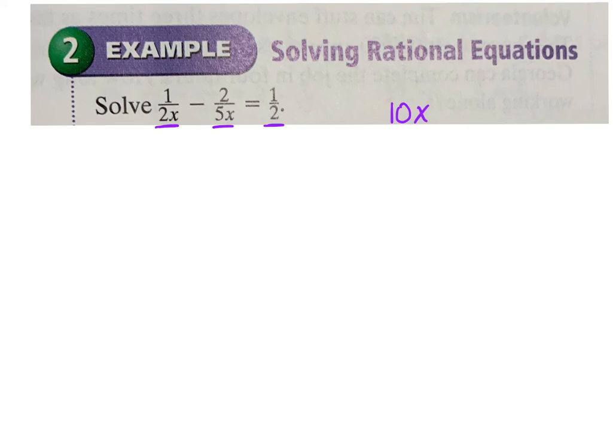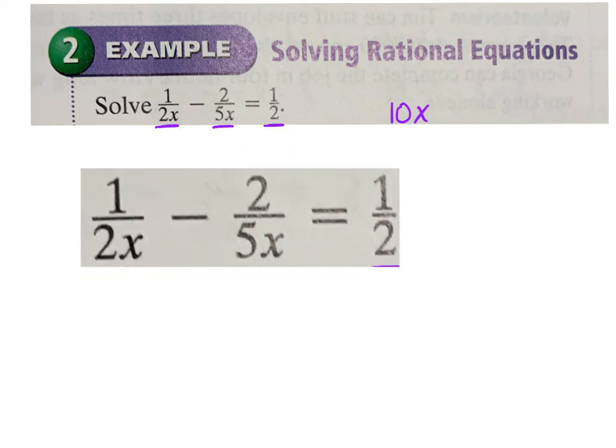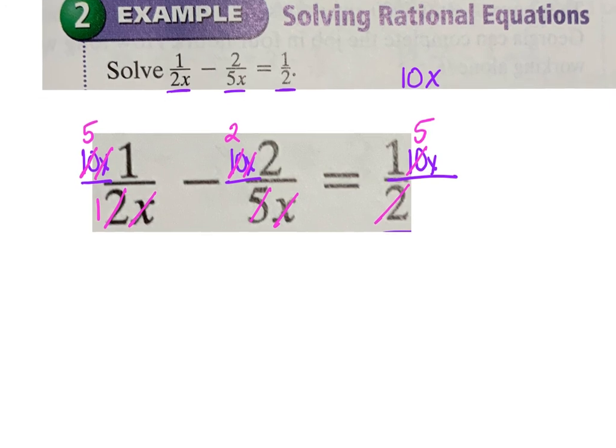And so when I have something like this, this is where you want to get rid of your fractions by multiplying everything by your common denominator. So I'm going to multiply this first one by 10x, and that's 10x in the numerator, right? Multiply this by 10x, and I'm going to multiply this by 10x. All right? This first one, what cancels? The 10 and the 2, right? And then what about my x's? They cancel as well, right? What about this next one? 5 and 10 cancels, and my x's cancel, right? What about this? The 2 and the 10 will cancel. So I have 5